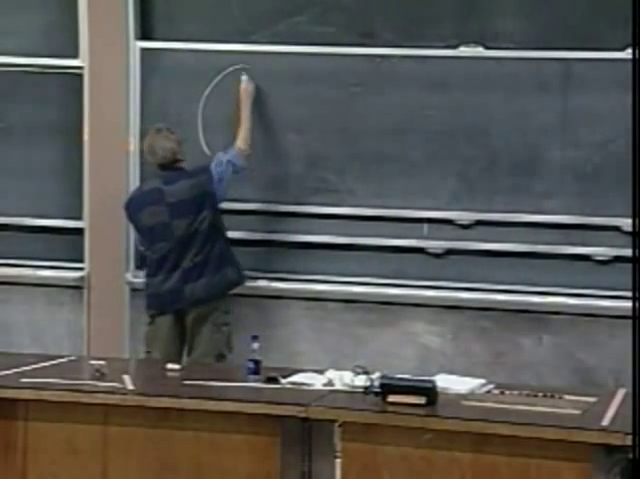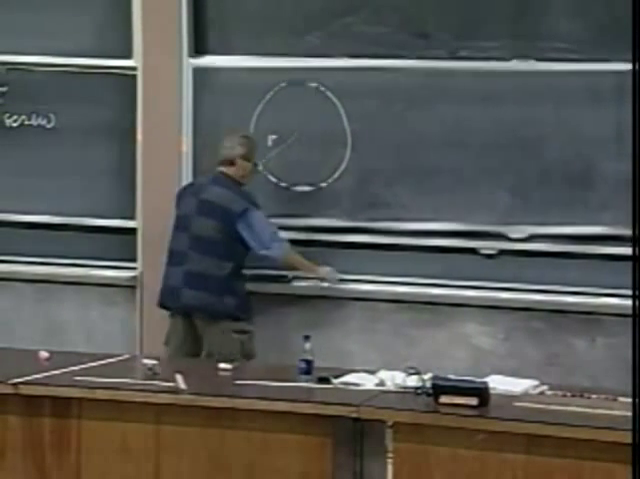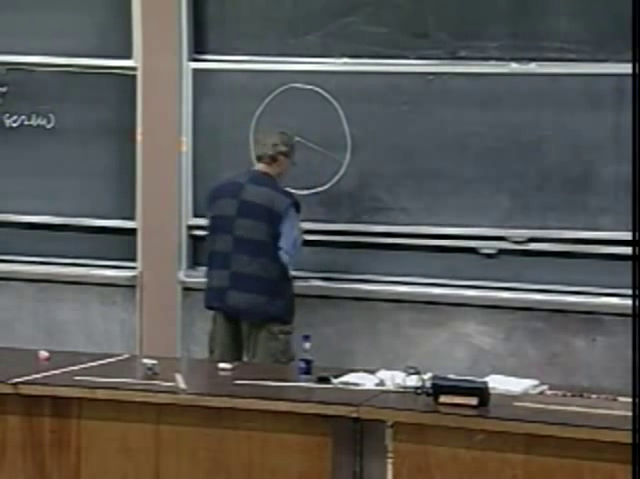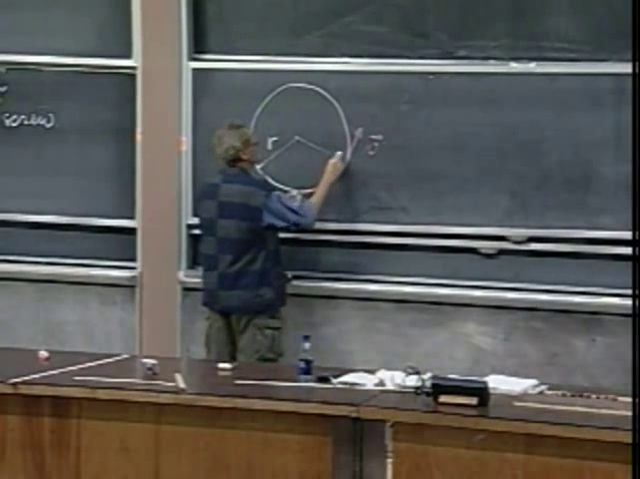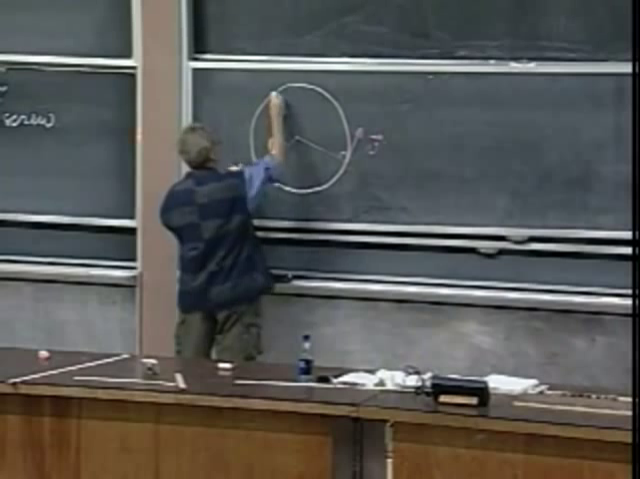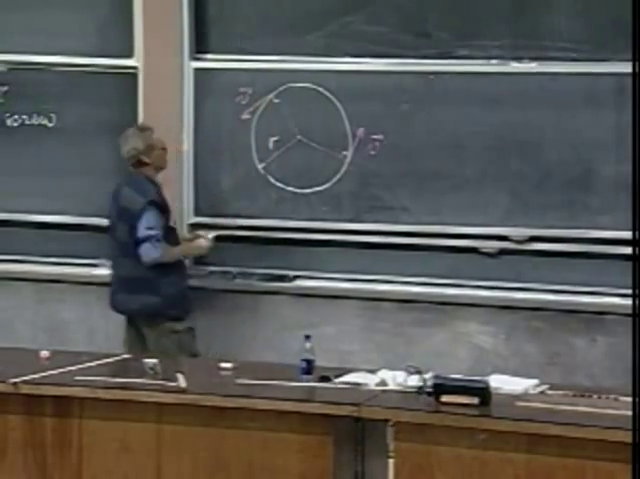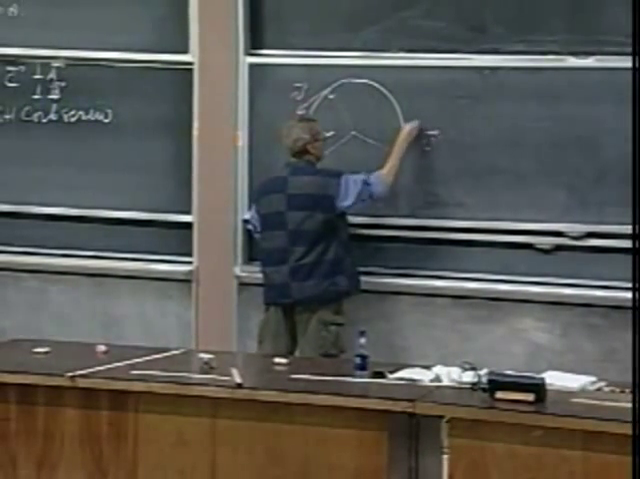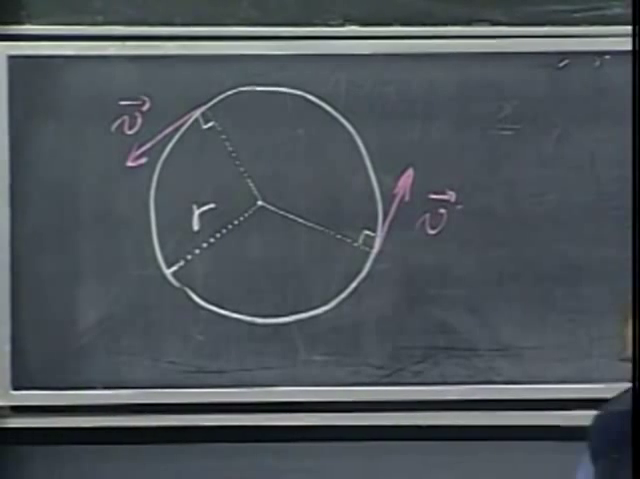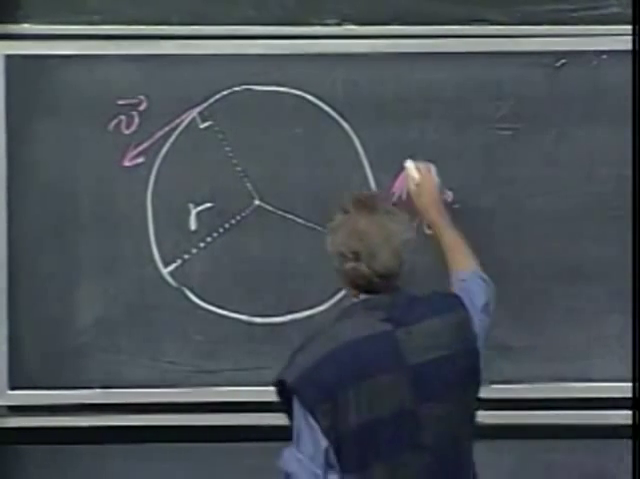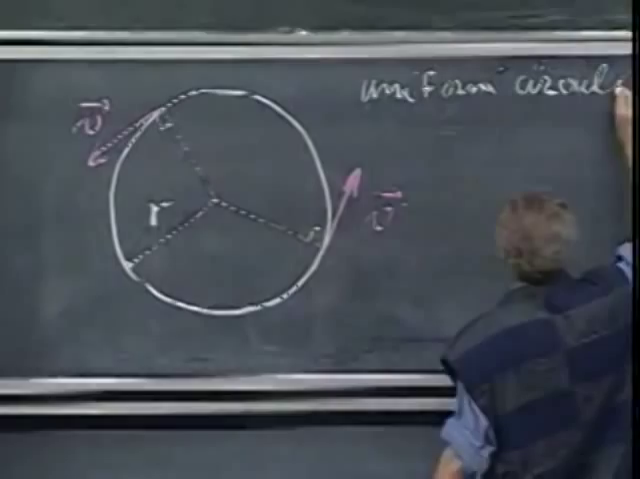So here we have our circle. Let this be radius r. And at this moment in time, the object is here, has a certain velocity. This is 90 degrees. And later in time, the object is here. The speed is the same, but the direction has changed, 90 degrees. So these vectors should have the same length. In a situation like this, that we have uniform circular motion,